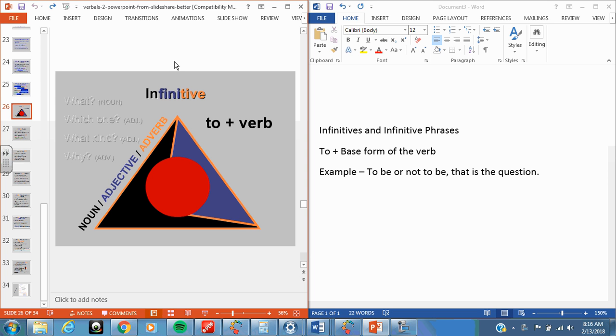So, the last type of verbal that we need to talk about is an infinitive. Infinitives are probably the easiest of the verbals to identify, just by itself, to identify an infinitive or an infinitive phrase in a sentence. The problem with infinitives is that they can act as multiple parts of speech. So they're easy to find, but it's not so easy to figure out what they are doing in the sentence because they can act as nouns, adjectives, or adverbs, unlike the other two verbals that we talked about, which only